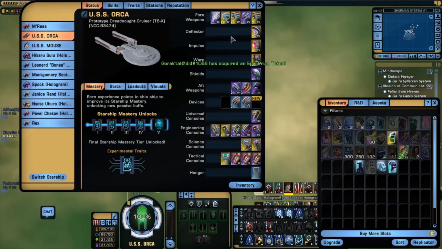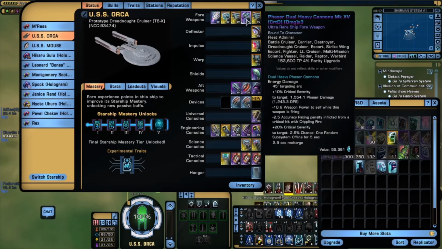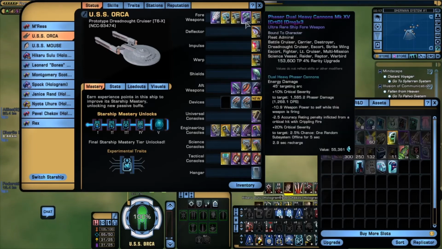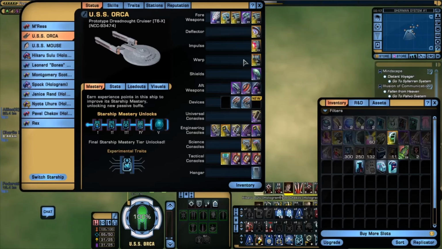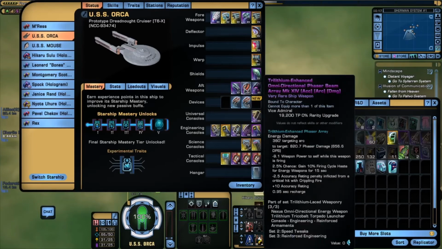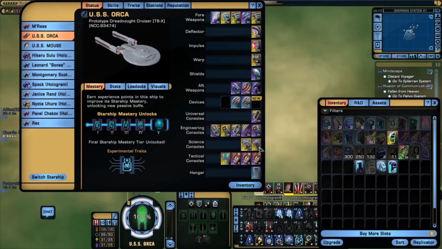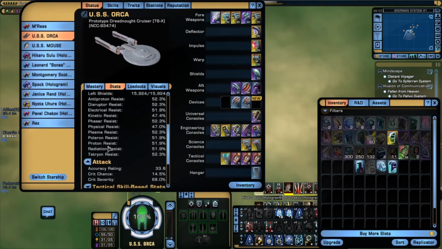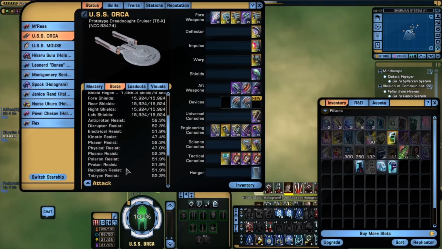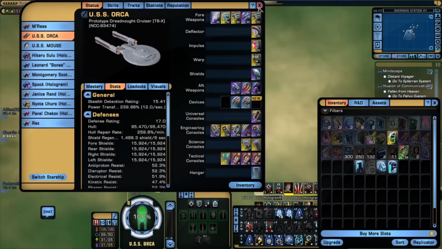pretty much most of the epic stuff. There's still stuff that needs upgrading, like her torpedoes, her phase cannons need to be updated to epic levels and such. Sorry, I had to think there. And the same goes with the phasers there, and even the Trilithian enhanced and all that stuff. So yeah, there's still a few things that need to be worked out, but from what I've got so far out of her, she is pretty A-okay, and I'm just going to put her to the